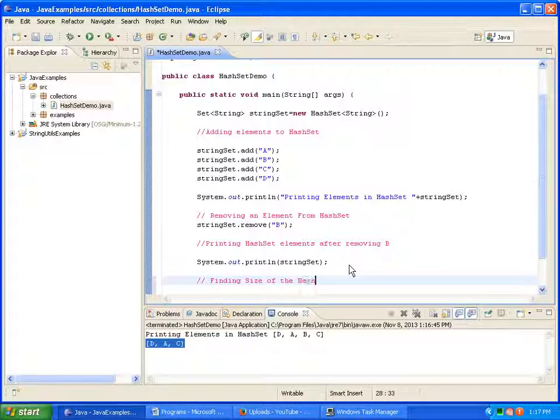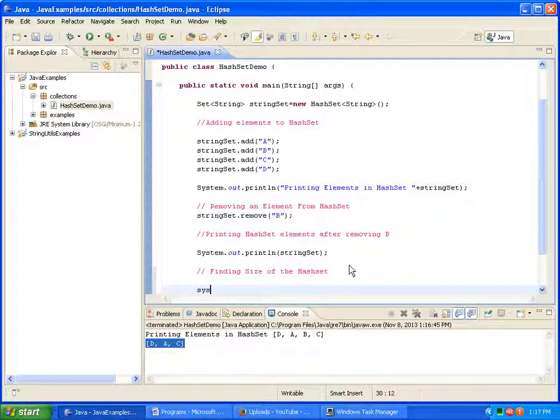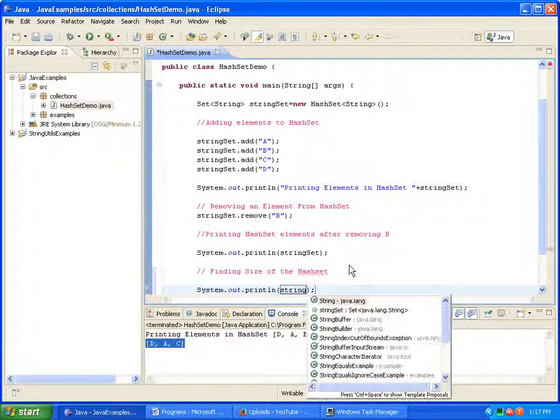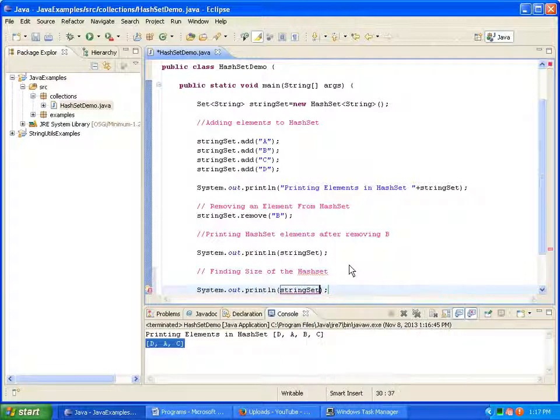So the next step is finding the size of the hash set. Sysout stringSet.size.